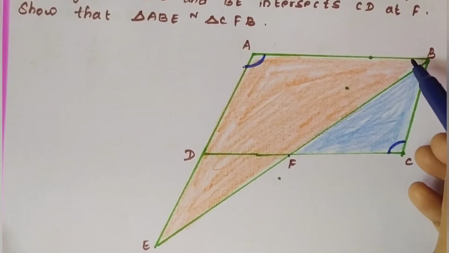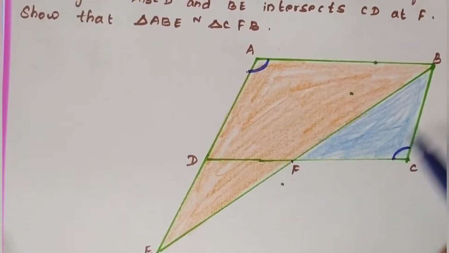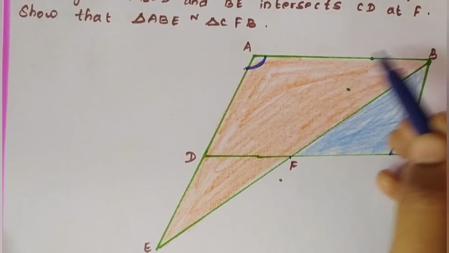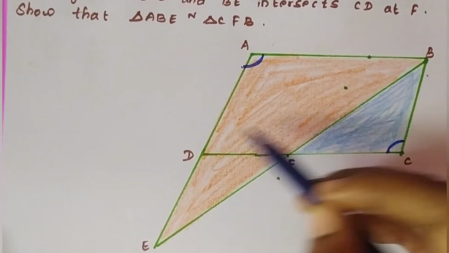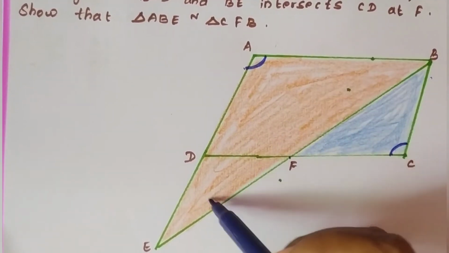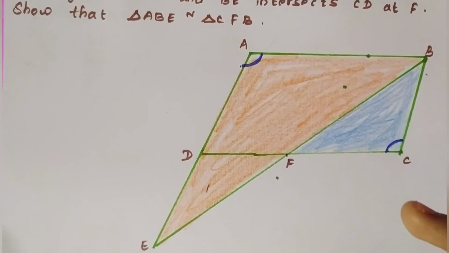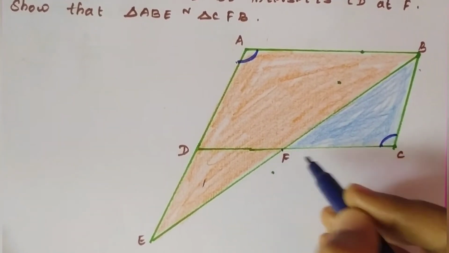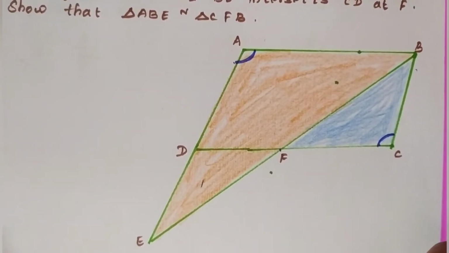In the parallelogram opposite angles are equal, so I marked angle A and angle C as equal. Here I can't mark it because half a portion is in this triangle and half in that triangle, so we can't take the opposite angles of the parallelogram. For this triangle we don't have D itself. And we can't take the vertically opposite angles either.